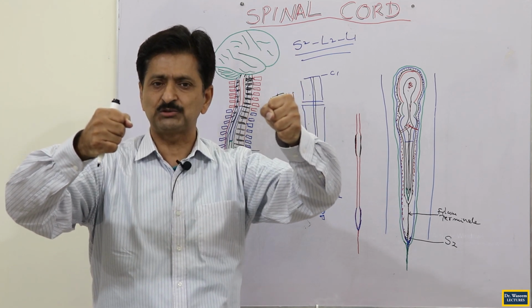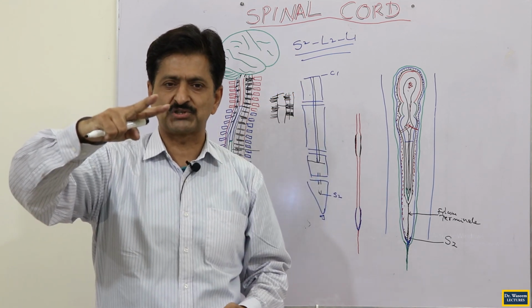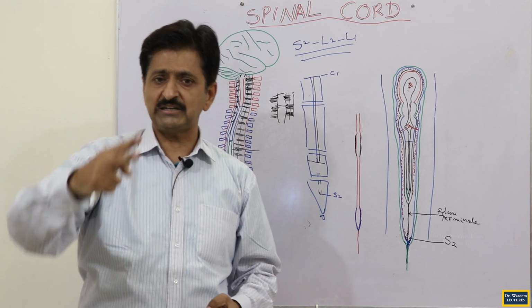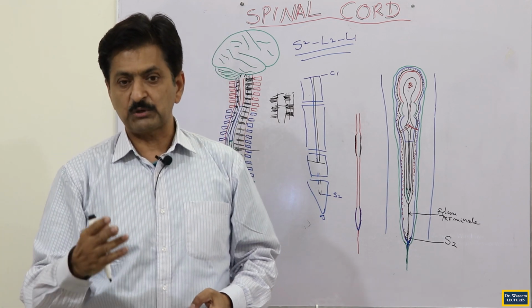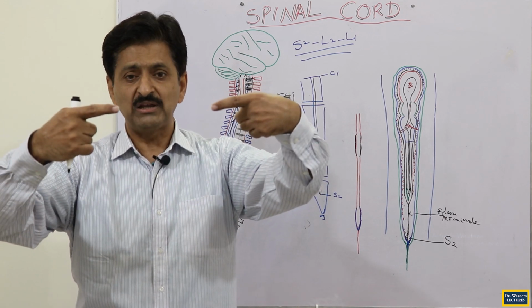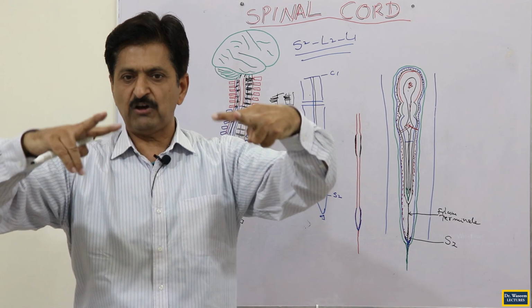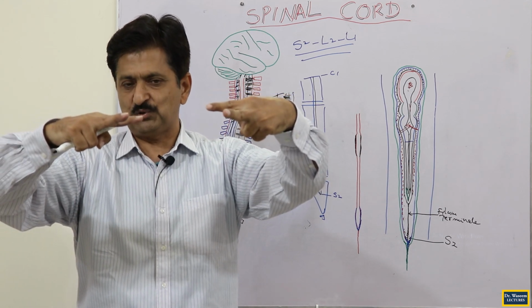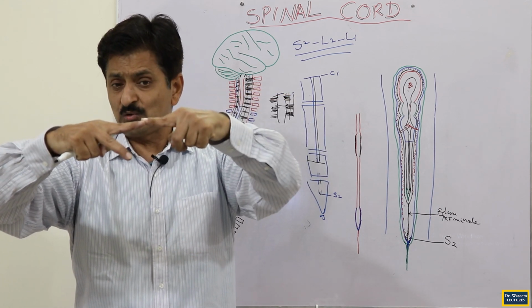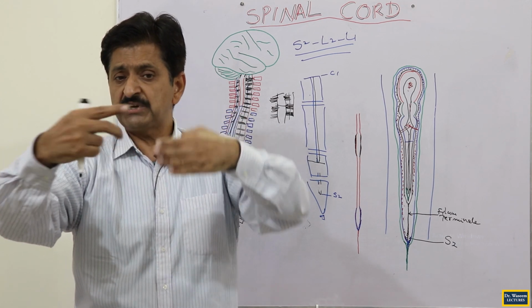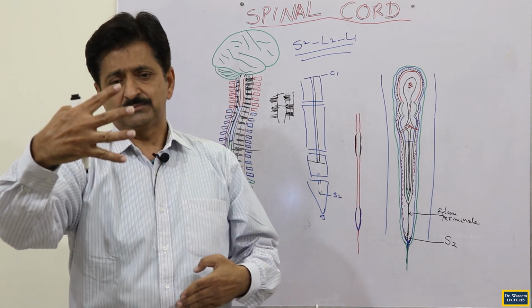And I will tell you, this is not 62 nerves. Each nerve has two roots, so it will not be 62, you can say 122. But you will be surprised that each root is not a root only. Root means posterior root and anterior root, and then there is the nerve; one pair of nerves means two pairs of roots, you can say. But each root at the time of attachment actually splits into rootlets.